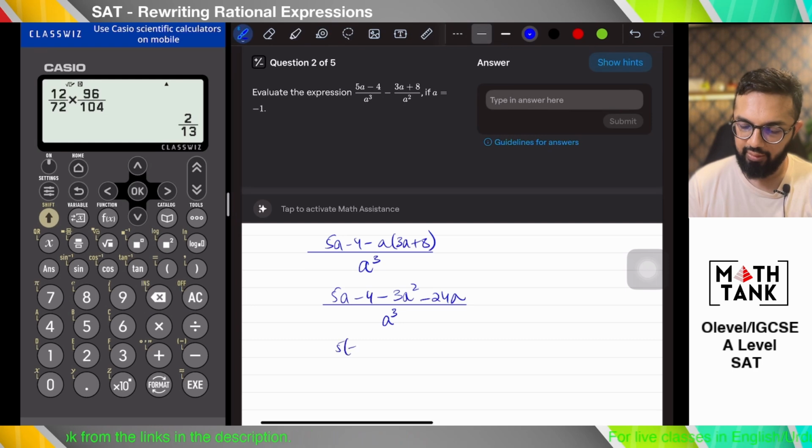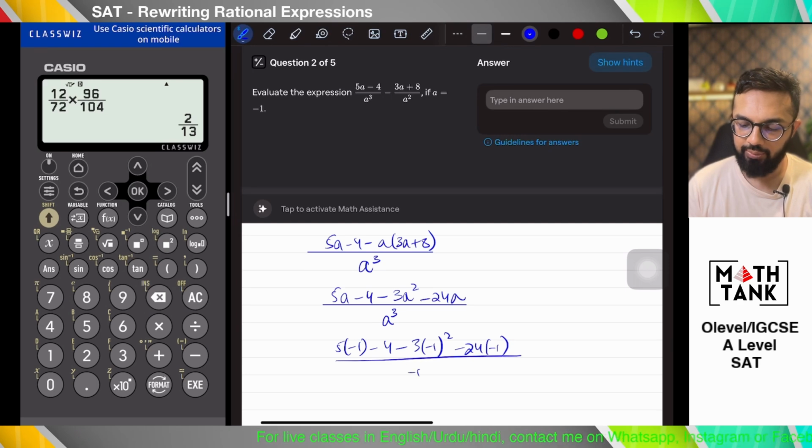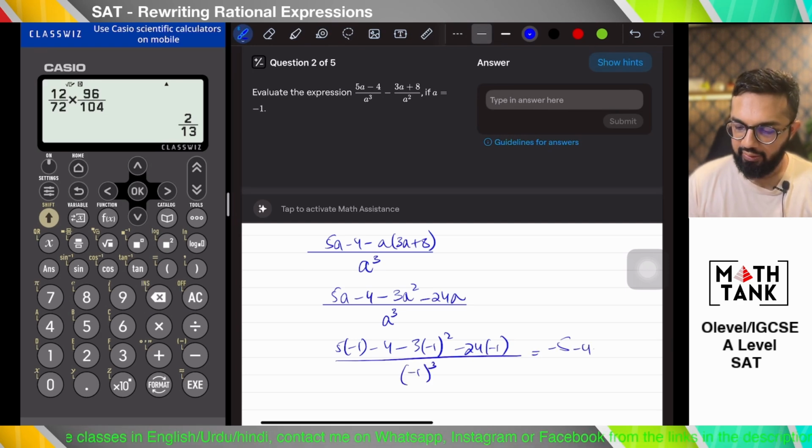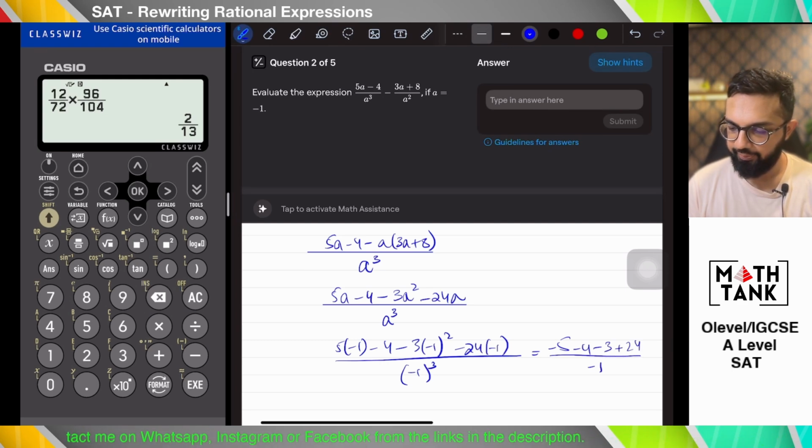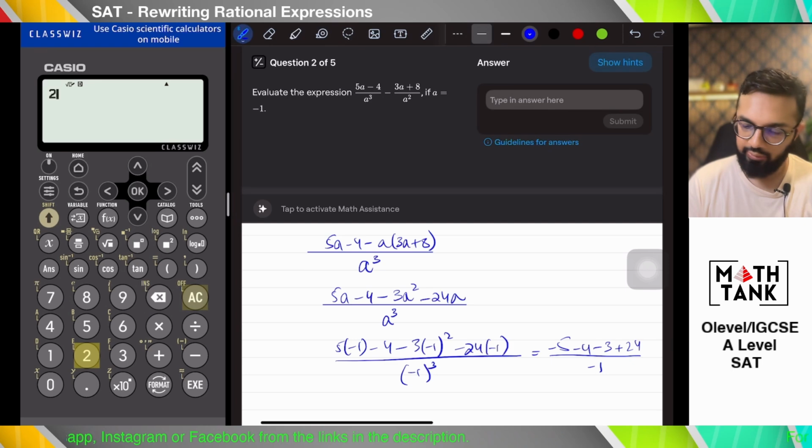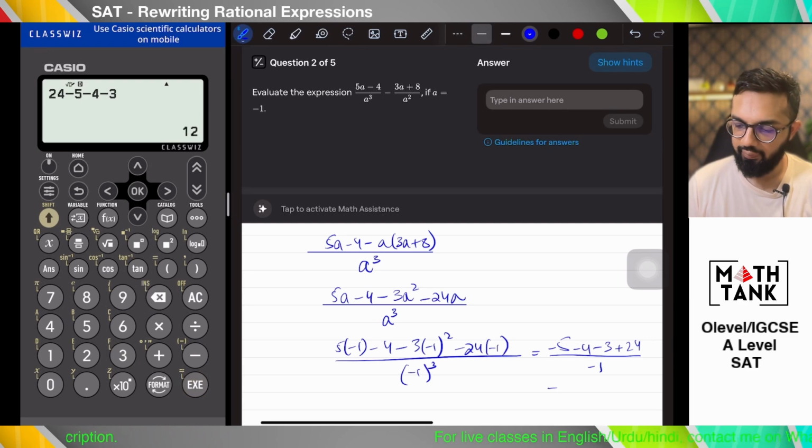So 5 times minus 1 minus 4 minus 3 times minus 1 squared minus 24 times minus 1 over minus 1 cubed. So I get minus 5 minus 4 minus 3 plus 24 over minus 1. So 24 minus 5 minus 4 minus 3. 12